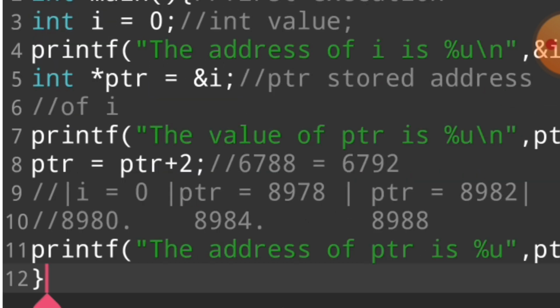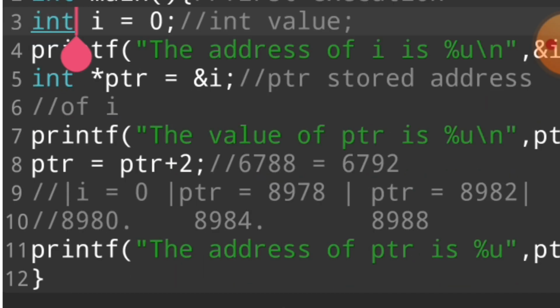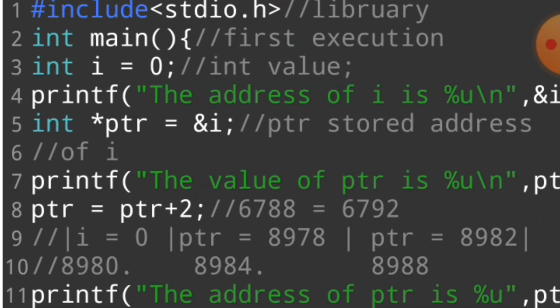I hope you understand this topic very well and in a very easy way. Your homework is to write a simple program and do this work with floating point data and also with character. This is a very simple and very easy program. I hope you understand this topic very well. I hope you do your homework.